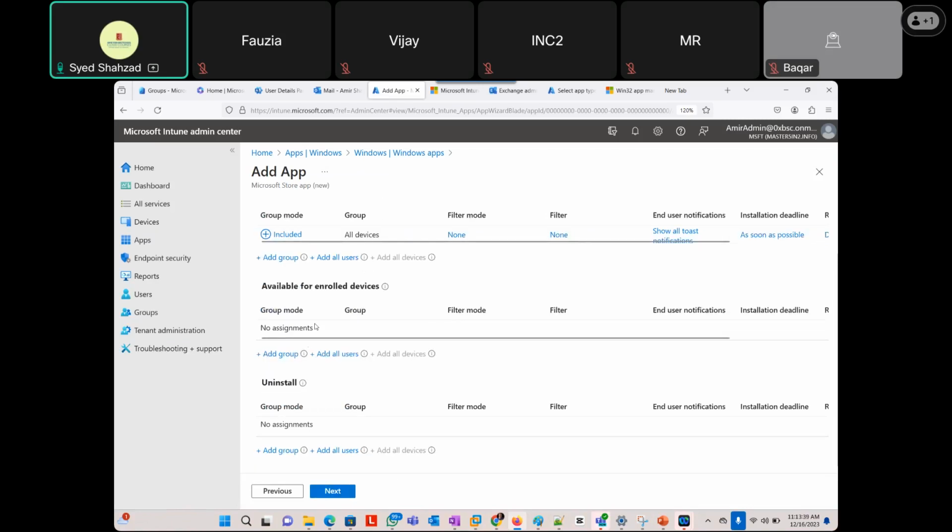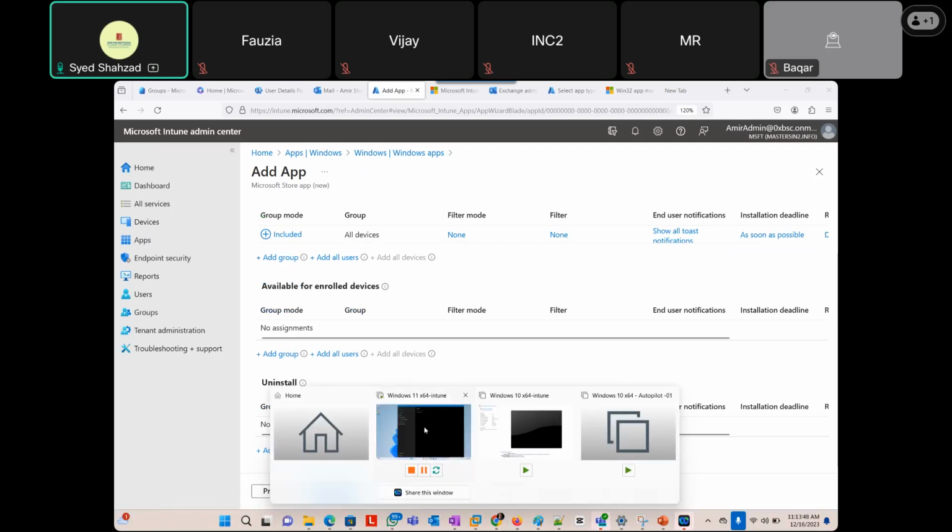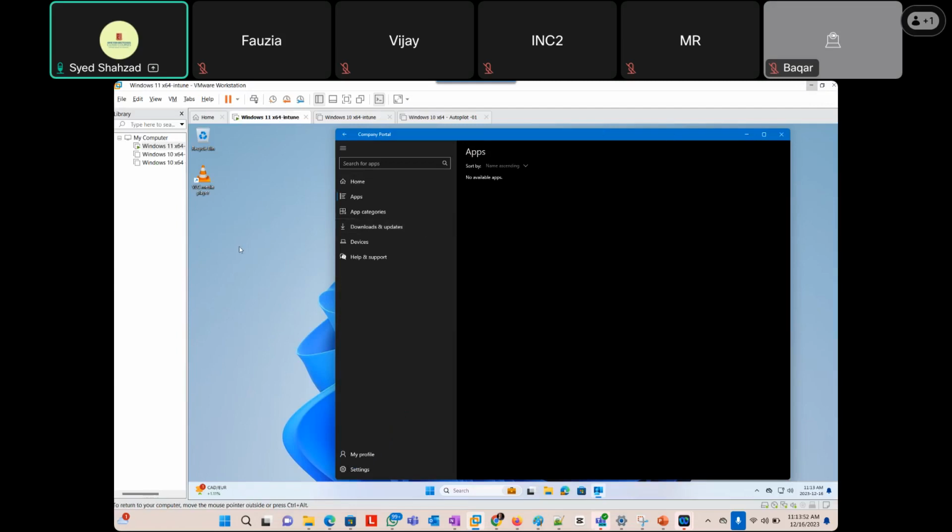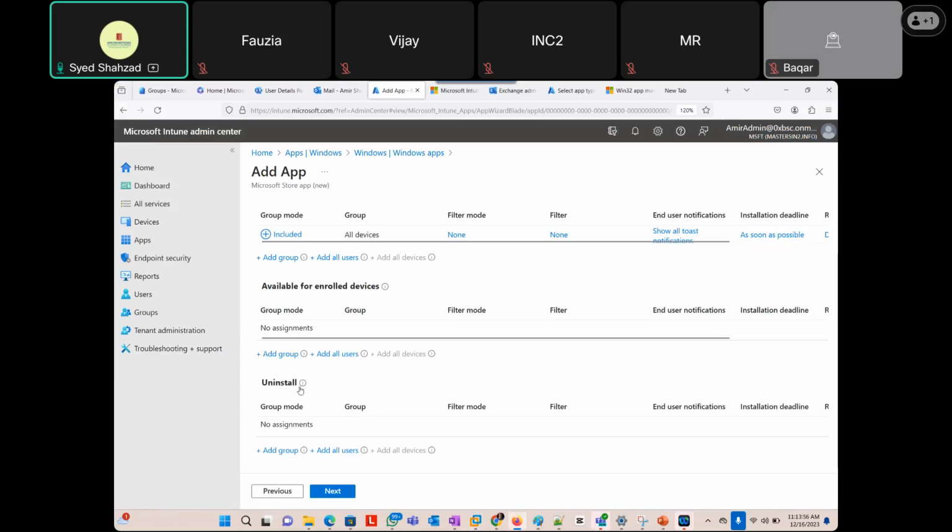But what about available for enrolled devices? Okay, it's not showing, actually optional. Optional deploys it to the Company Portal app, but required simply deploys it to the machine. Uninstall obviously uninstalls it. So one more thing I wanted to check here, if I go previous,